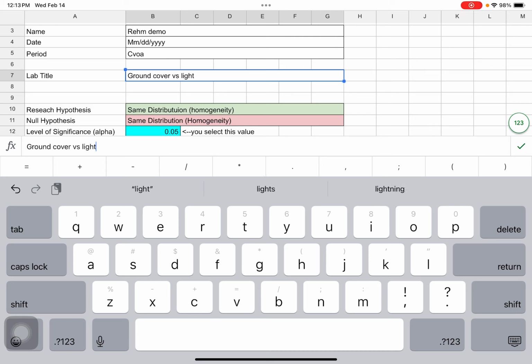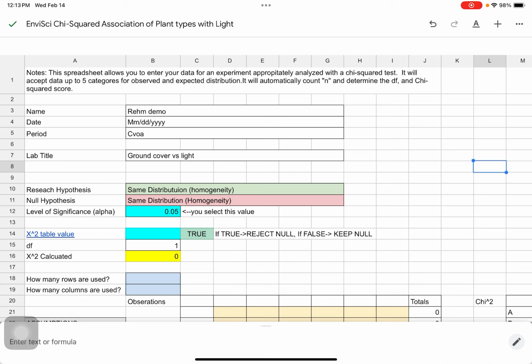Now, with the t-test, we focus on the research hypothesis and the null hypothesis, and typically with the chi-squared test, you only care about the null hypothesis. And the null hypothesis is generally to say that there is no difference, which basically means everything's homogeneous. I'm going to change this up, and I'm going to put in my research hypothesis. And what they came up with in class was that they thought they saw a difference, so let's see if